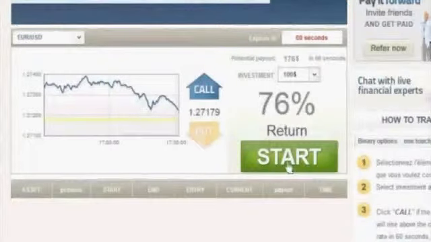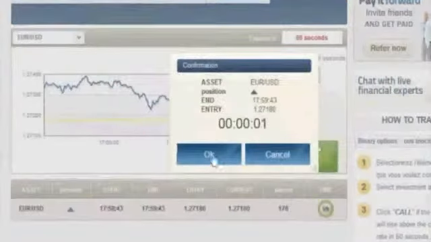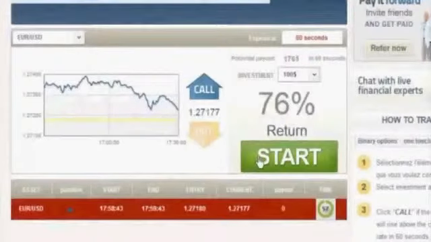So in looking at the numbers, I'm going to go ahead and grab an option with a call. I'm going to hit start. And you can see now we're in a countdown. Right now I'm actually losing. The entry point for me was 1.27180. Currently